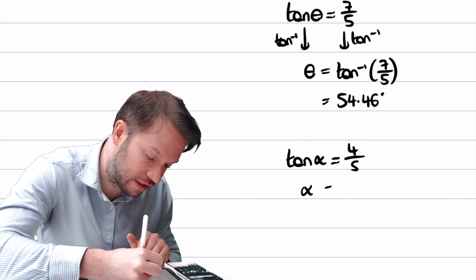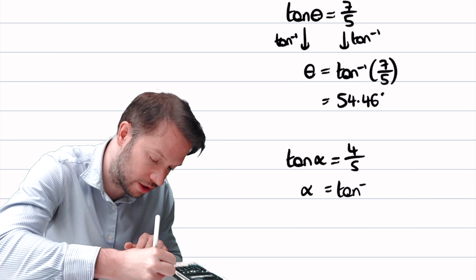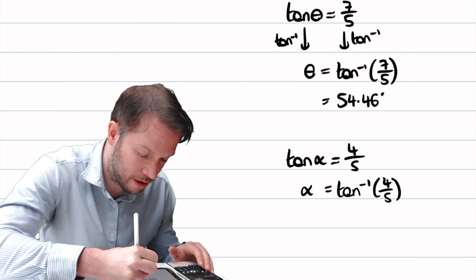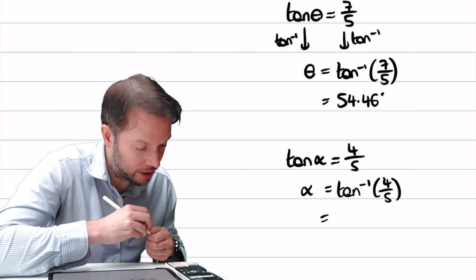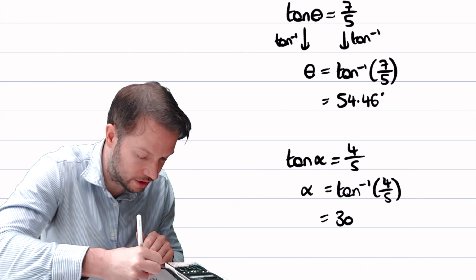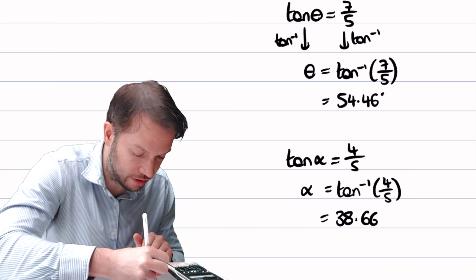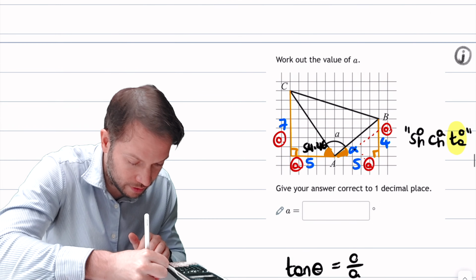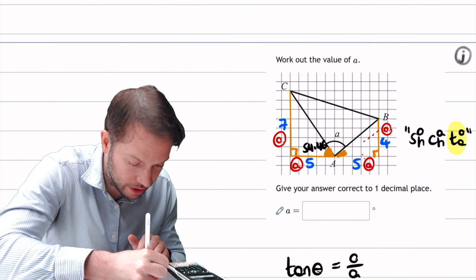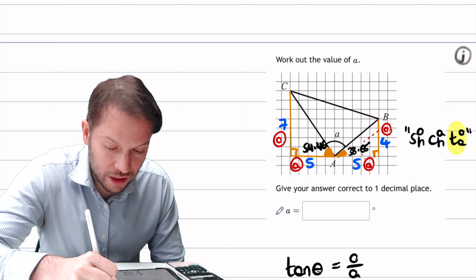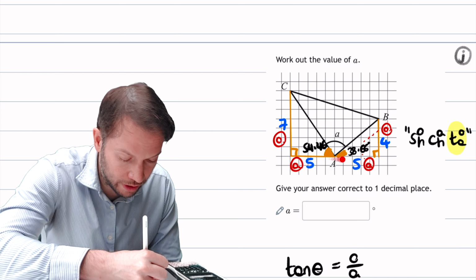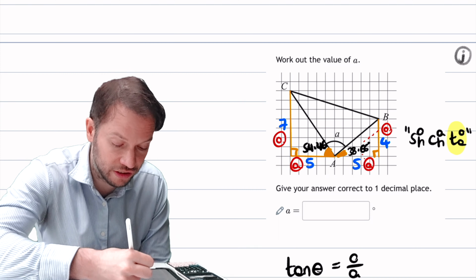We do inverse tan of both sides of the equation like before, and my calculator gives me 38.66 degrees. So that's 38.66 degrees. Now we've got 2 of the 3 angles on this line, so we can just subtract